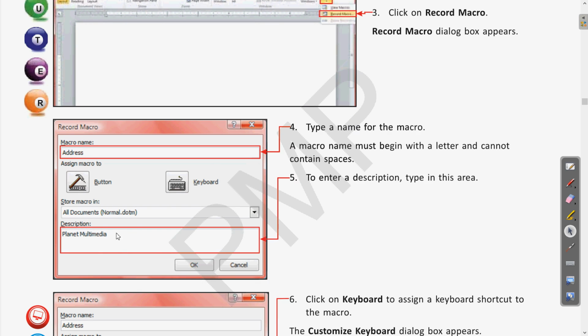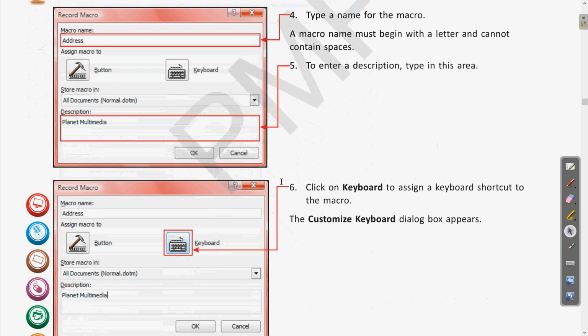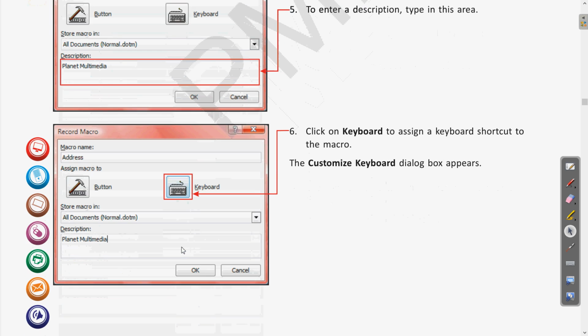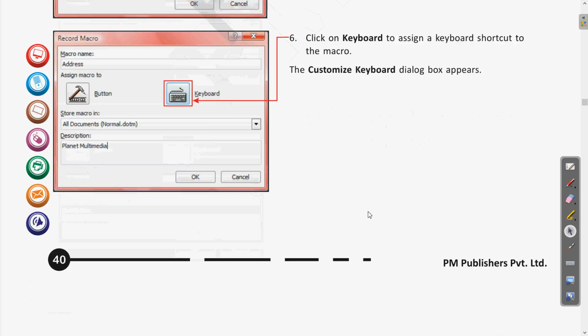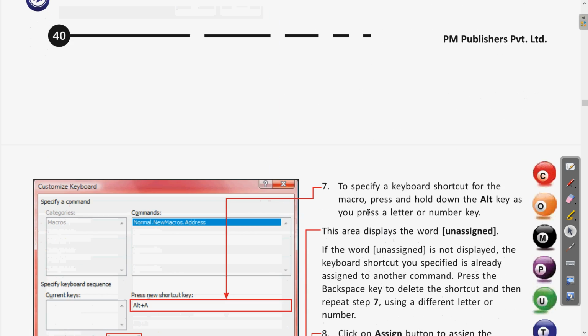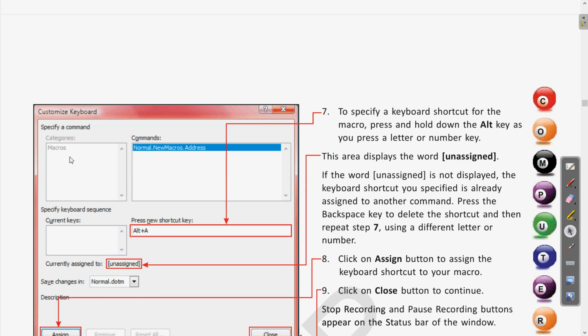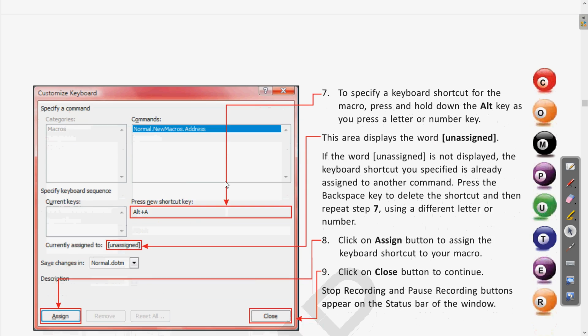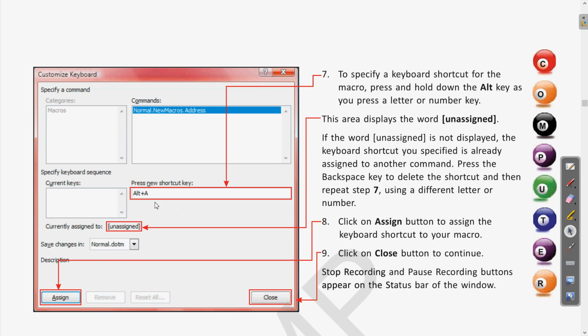Then, if you want to assign a keyboard shortcut, click on this Keyboard option. When you click on it, a new dialog box opens where you can assign the shortcut keys.